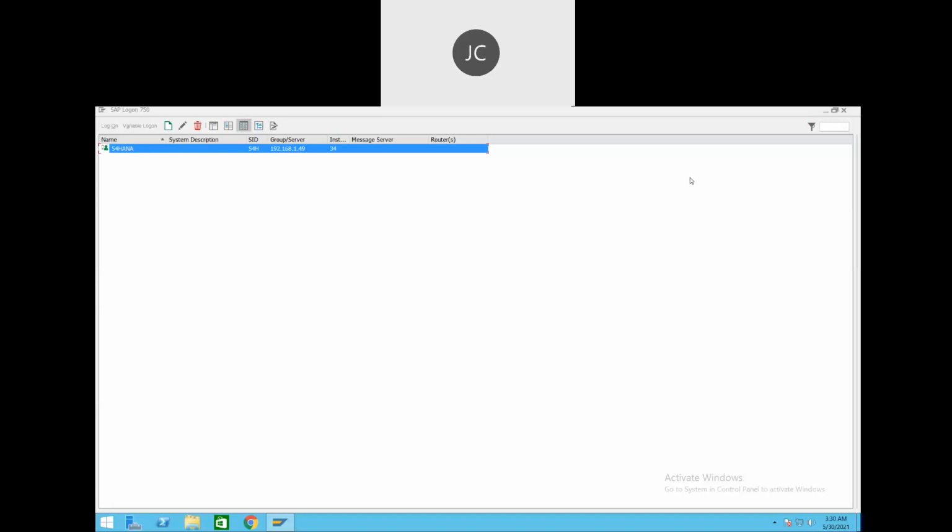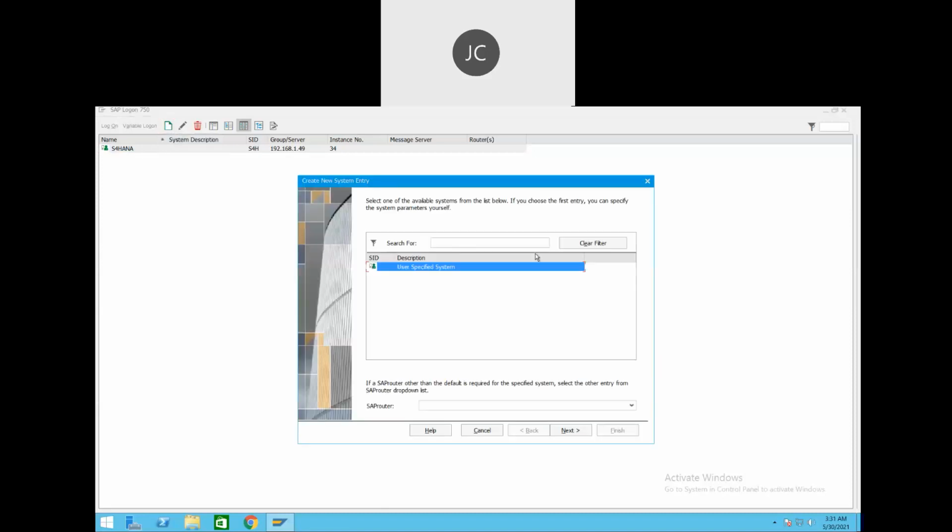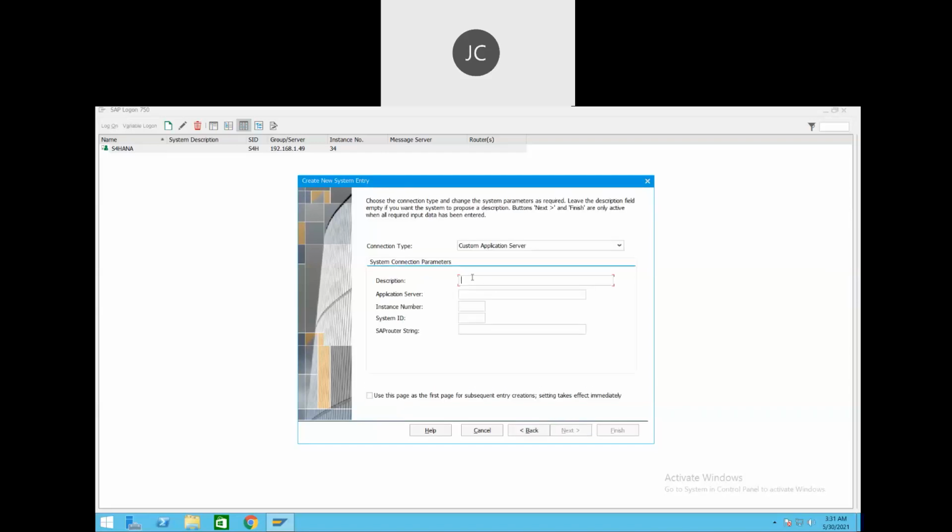So you all might have logged in from there, right? You might have clicked here and seen some system description available, S4 HANA and all. This is the system they have given, to which you might have access. What if you want to add some new system here? We can click here, then create connections, and go next. We can give some description, the application server if we have one, right now I don't, then the instance number, then the system ID, and the SAP router string if we are working on Macintosh, like Apple MacBooks. We need router strings many times.